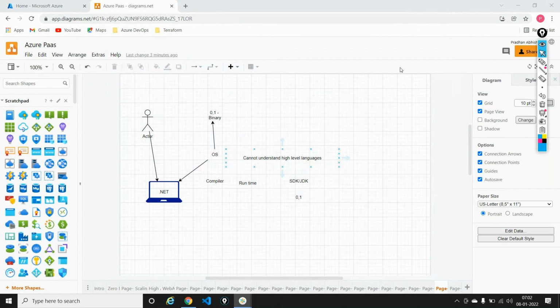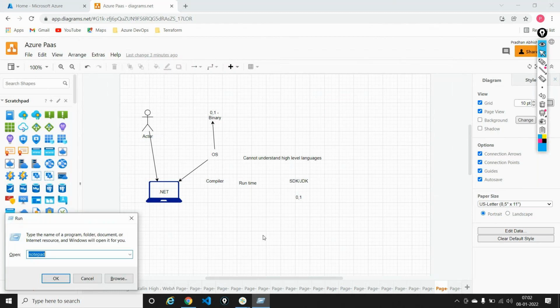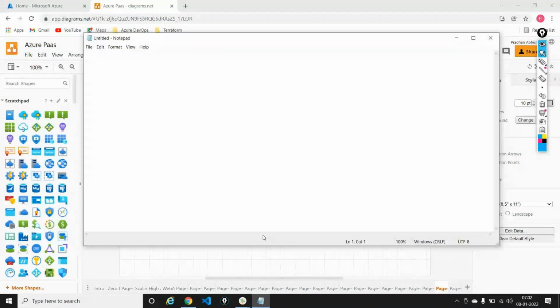Yes, so what we were talking about yesterday is that we were looking at a tool called Visual Studio. Using Visual Studio, I said that I can firstly write code in a high level language like .NET, and then do a process called a build.